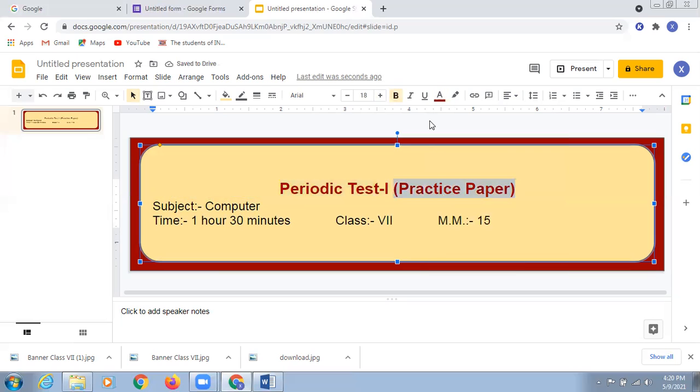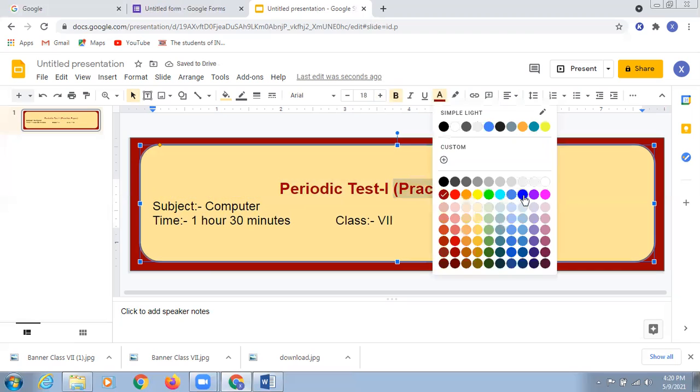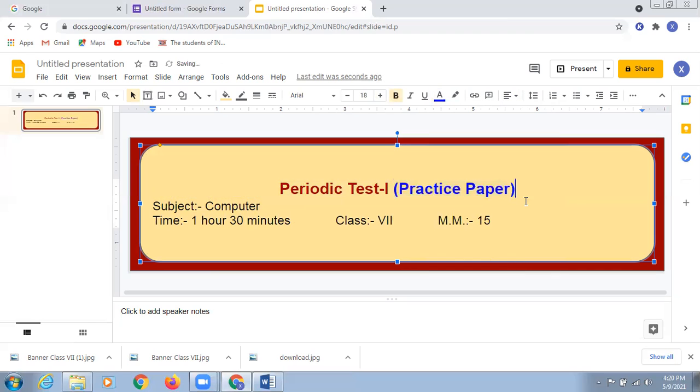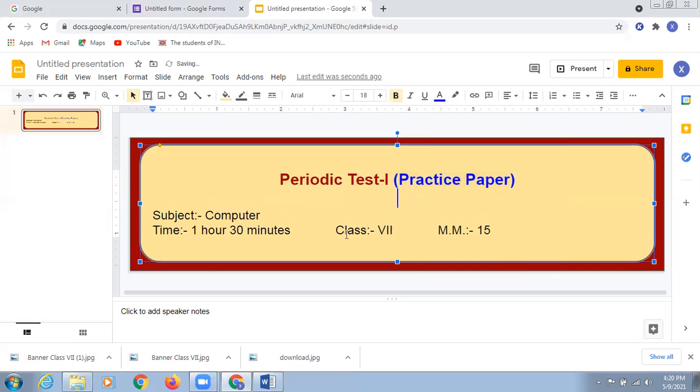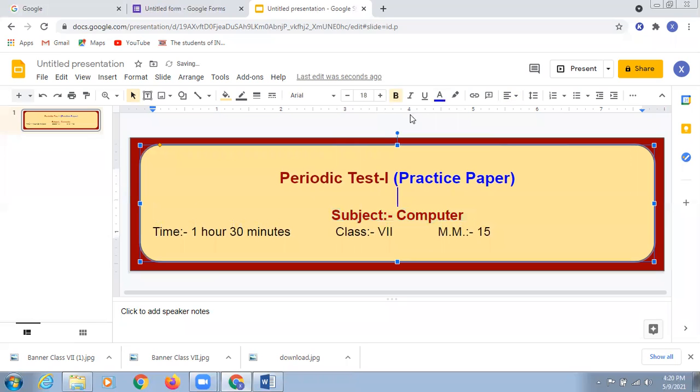And for highlighting that this one is a practice paper, we are just going to select this one and it looks great. Now what we do here, we are just going to again select and perform the similar thing here. Then we select it as a center. We are just going to apply some colors, and it's completely up to you whether you increase or decrease the size, no issues.